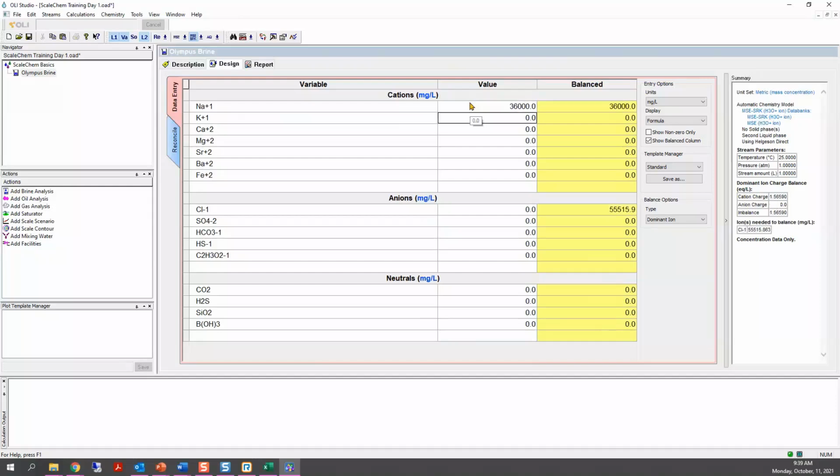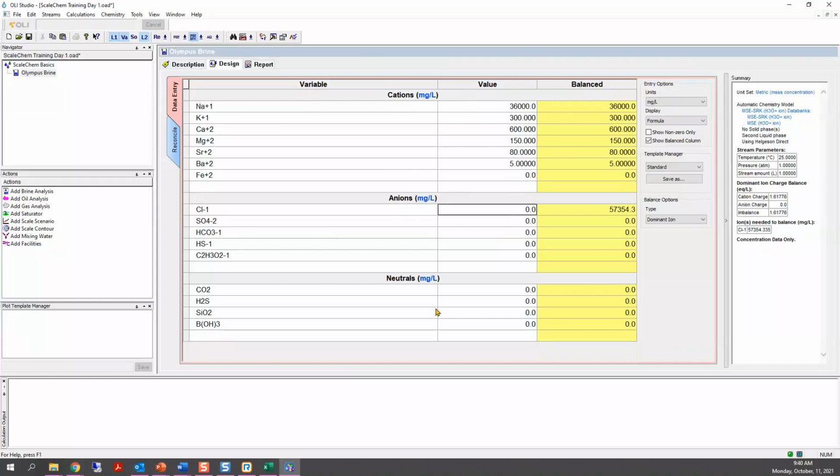For potassium +1, potassium ion is 300, calcium ion is 600 milligrams per liter. The magnesium +2 is 150 milligrams per liter. Strontium is 80. Barium is 5, and iron was not reported in this brine analysis.